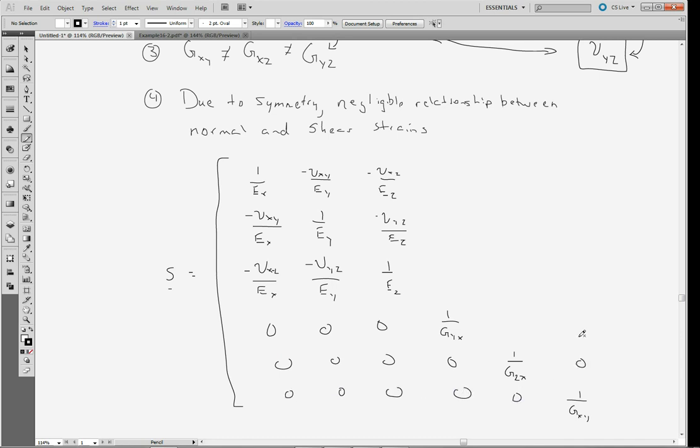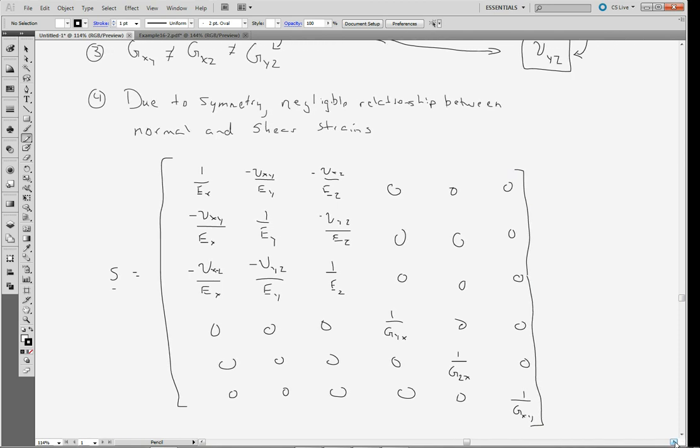So it does actually end up being simplified because of all these zeros that we get to introduce, even though our material properties aren't necessarily relating to each other all that cleanly, or we don't have that nice reduction that we get from isotropic. All right, so how do you remember which of these go in the different locations? E_X is always going to go on the bottom in this first column. E_Y is on the bottom in this column. E_Z in this column. And then we basically